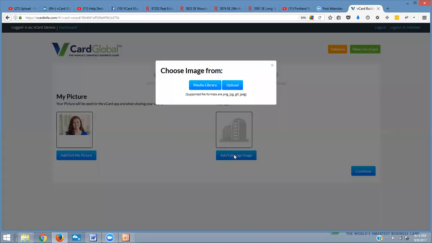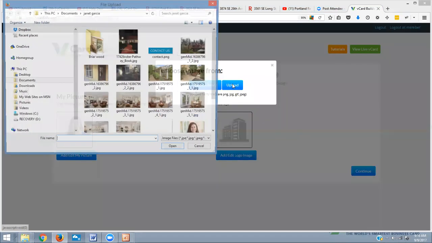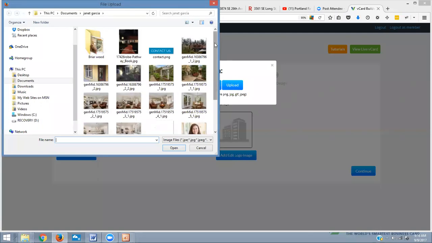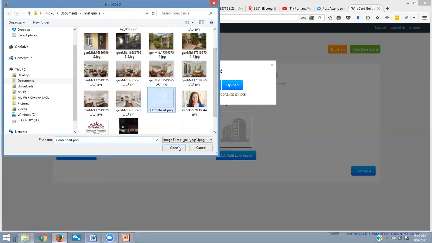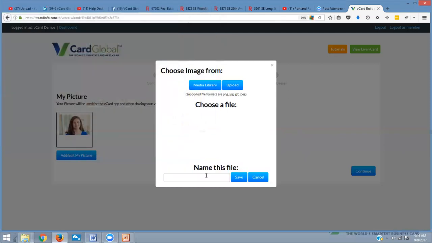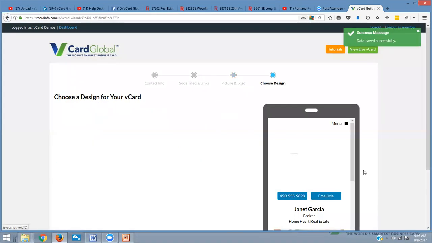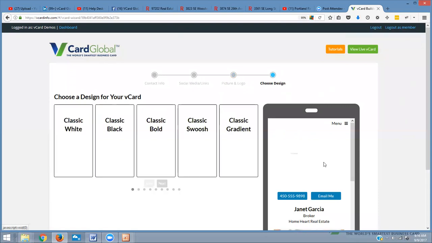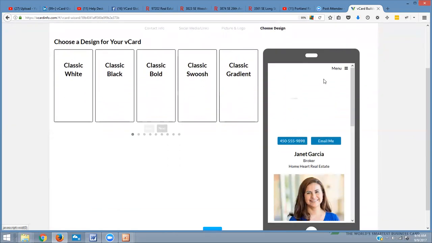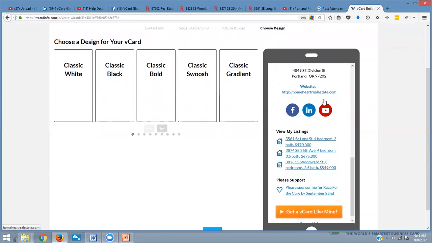I'm going to load a logo for her as well. And let's see here, where is my logo file? There it is. I know it's a transparent PNG, I hope, so we'll just add that there. It looks white, but there really is an image there. And we will continue. And now I can't see my logo here, but you can see here that my card is really